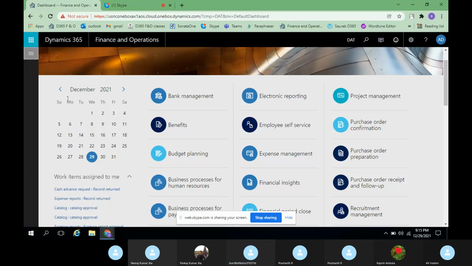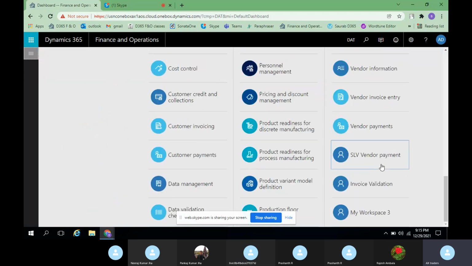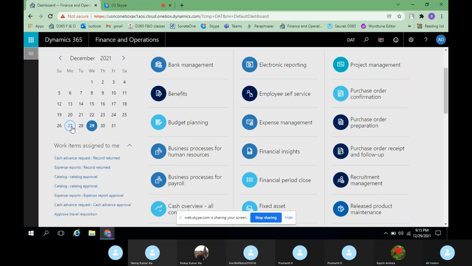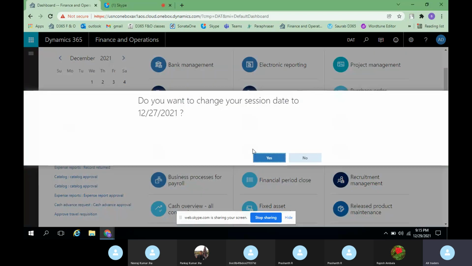And here you can see the calendar, right? If you want to see details, for example, anything related to vendor payments, if you want to see vendor payments till the 27th, you can select the 27th. So it will show details of the vendor payment, and it will ask you for confirmation. Do you want to change your session date to 12/27/2021? If you say yes,